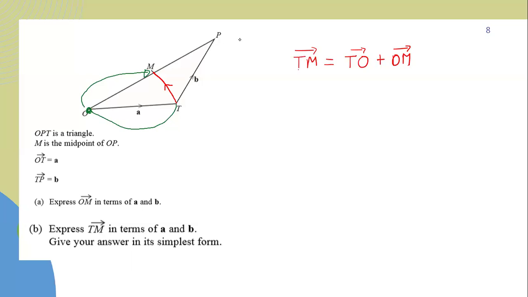Alternatively, someone would have used this path here. Someone would have said that I can start from T, I go towards P. When I reach P, I can come and reach my M. So that one would have been the alternative path. But since we have already obtained our O to M, this one becomes the ideal path to use. But it is okay, whatever path you use, you get the same answer. Now, when you look at T to O, can you type in the chat, what is our vector for T and O? What could be our vector for T and O?